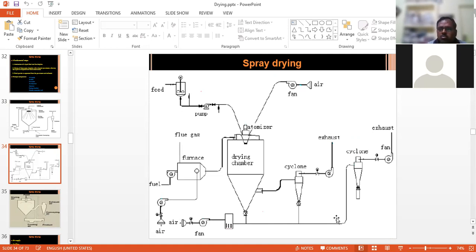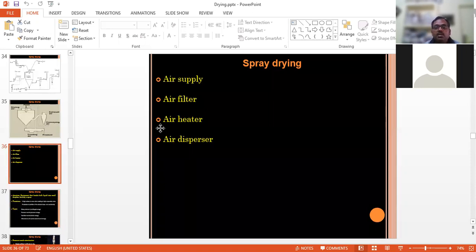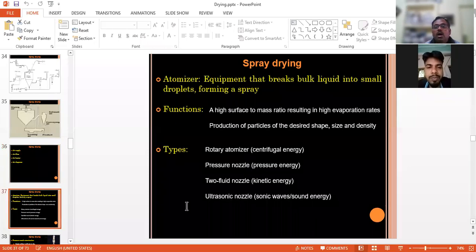और ड्रम ड्रायर, स्प्रे ड्रायर होगा, there may be vertical, horizontal, rectangular, depending upon हमारा प्लांट में किस तरह का इंस्टॉल हो सकता है। उसी तरह से हमारा प्रोडक्ट रिकवरी है, वो सेपरेशन ऑफ एयर और प्रोडक्ट होता है उसको हम लोग करते हैं। उसके बाद हम लोग आते हैं ये स्प्रे ड्राइंग का जैसे बताया, डिफरेंट टाइप का एयर सप्लाई है, एयर फिल्टर है, एयर हीटर है, एयर डिस्पर्सर है, we have already discussed.